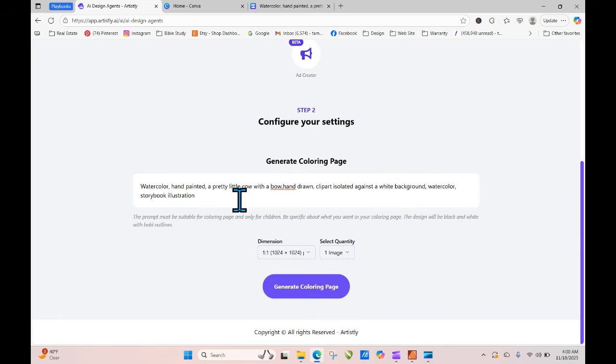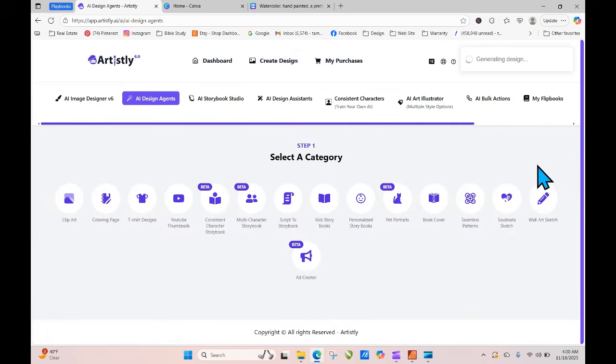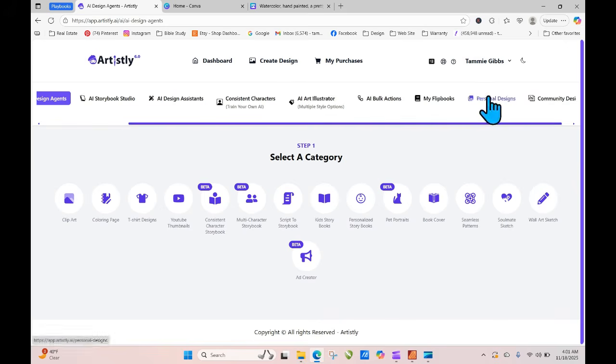And pretty little cow with a bow. Okay, so we're just going to try to turn our image into a coloring page. I think it's really great that you can turn your prompts into coloring pages. And you can do that two different ways. You can do it through your prompting, or you can do it through your,